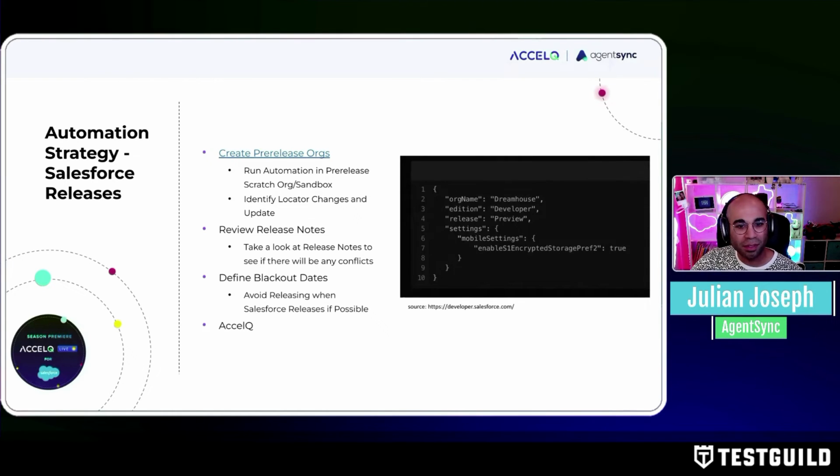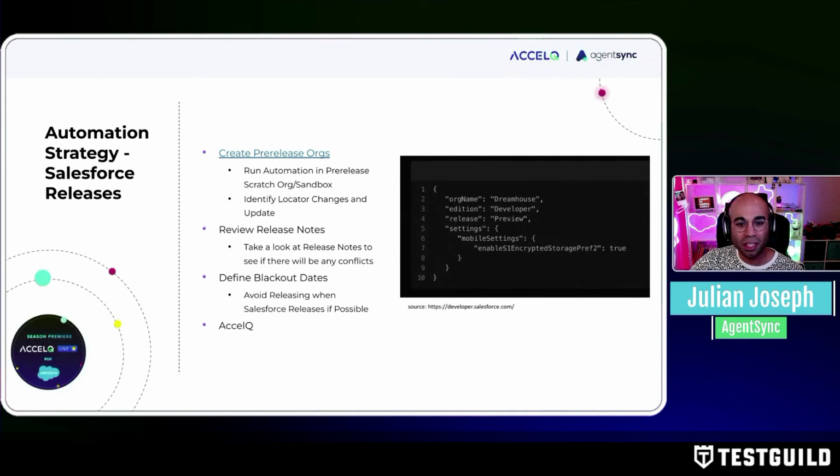And then also, as Regina mentioned earlier, we do want to be thinking about blackout dates and how this could be impacting our automation and our ability to release. Again, this is something that typically is a purview of a DevOps or maybe a release engineer. But from my experience, it's rare to have that resource available. And so getting some knowledge and understanding what it looks like when Salesforce is doing a major release,